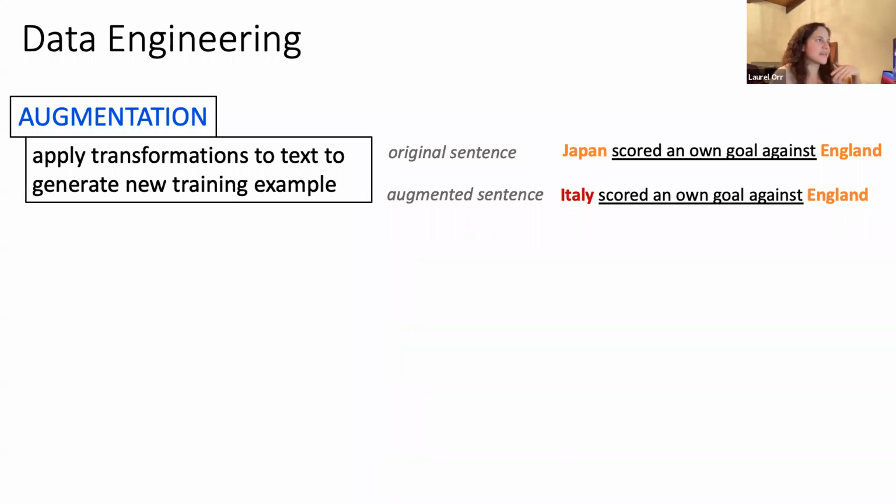And this is where you basically apply transformations to an input example like text to generate a new training example. And so in this case, for example, if you had the sentence that Japan scored an own goal against England, you could apply a transformation there that's like, okay, if I see a national sports team, I can replace it with another national sports team. And so in this case, you could potentially generate another example, which is Italy scored an own goal against England, and train on that as well. So this is an augmentation method. It's a transformation-based method. And there's a whole bunch of theory on what this is really doing, but this is one way that you could do it.